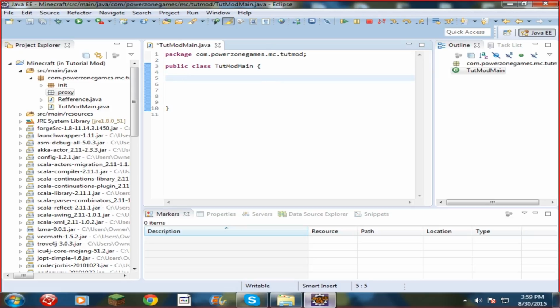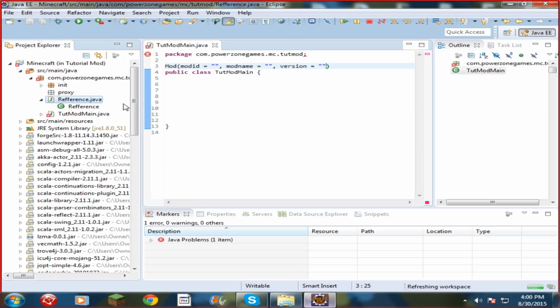You're right. Okay, so we are going to start typing some things right off the bat. First thing we're going to type at the top is capital M-O-D, and then parentheses. Now, you're going to type in mod ID, space equals space, and then quotes, comma space, and version. Oh, first mod name, space equals space, quotes, comma space, version, space equals space, quotes. Now, I just put those quotes there so it wouldn't give us the error, but we are going to go to